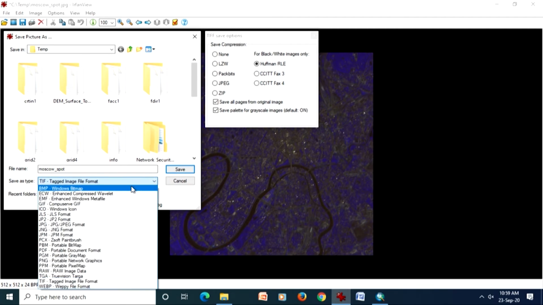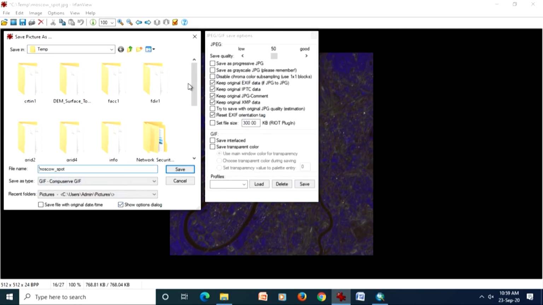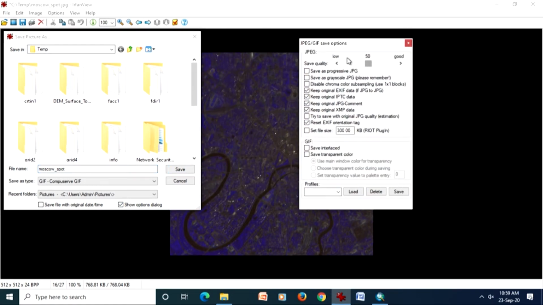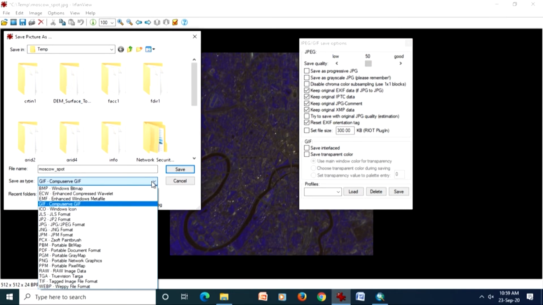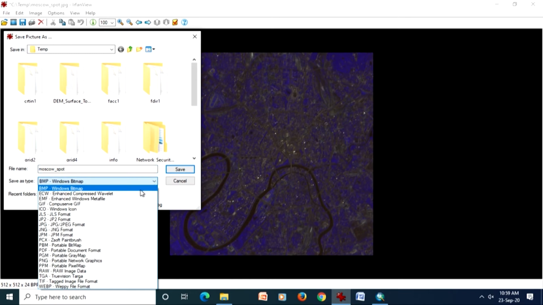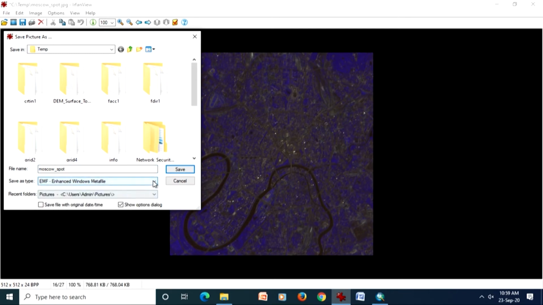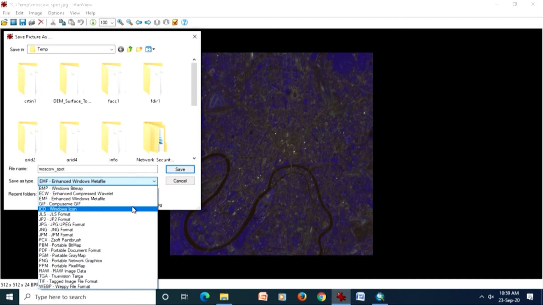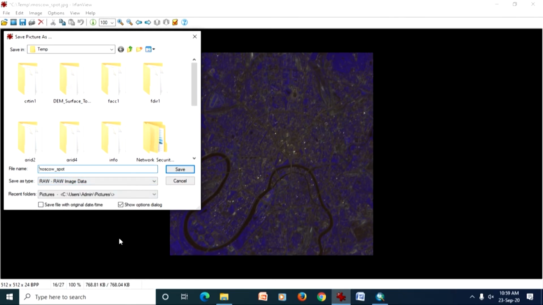If I use a GIF, then for GIF I have almost the same options as in the case of JPEG. But if I change and say I want to have BMP format, for BMP there are no compression options, but for EMF again there are. So it depends on what kind of format you are going for, and accordingly you are given the options.